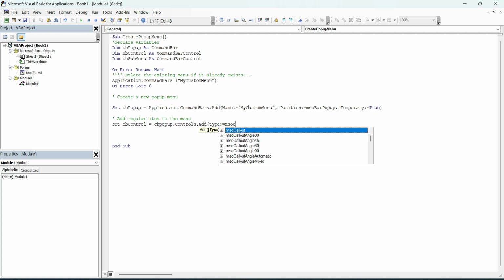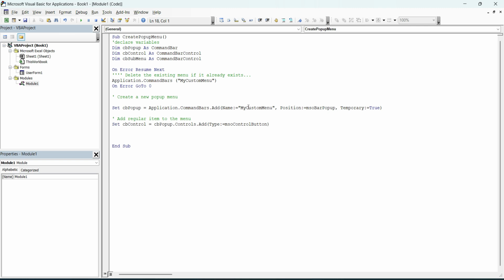Make sure if it is not showing, you can press control space, then it will automatically pop up. You have to select MSO control button for this. And to know the value, we can put a caption over here, CB control dot caption equal to, for example, let's say hello.